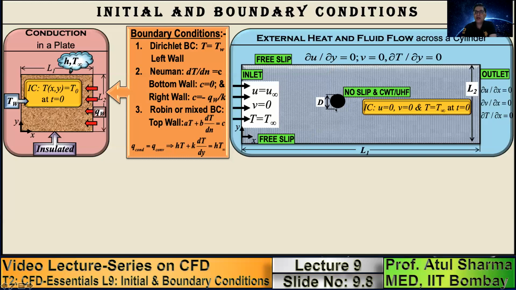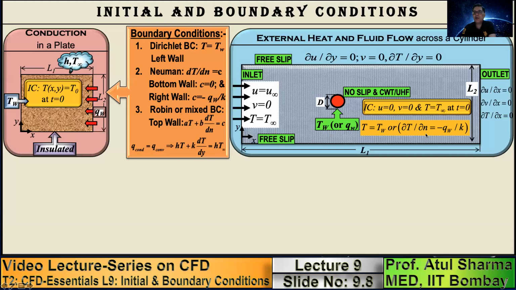So this cylinder, if it is hot as shown here, then it becomes a heat transfer problem. If it is at ambient temperature, then it is only a fluid mechanics problem. When it is hot, this heating can be a constant wall temperature or a uniform heat flux as shown here. Along with the fluid mechanics problem, it also becomes a heat transfer problem. There are two standard types of thermal boundary condition: constant wall temperature, represented here by TW, which is a Dirichlet type of boundary condition, and constant heat flux boundary condition, which is basically a Neumann type of boundary condition.